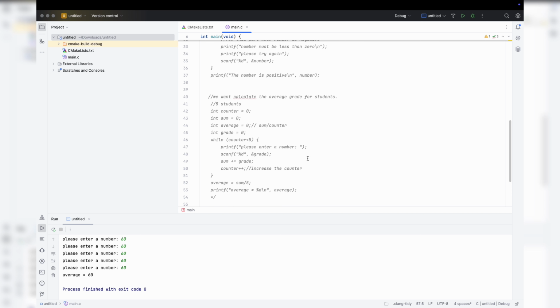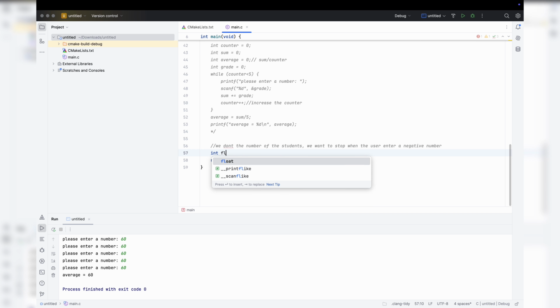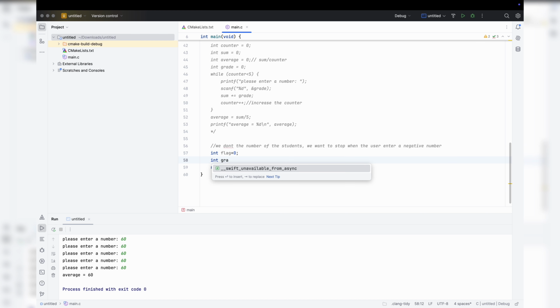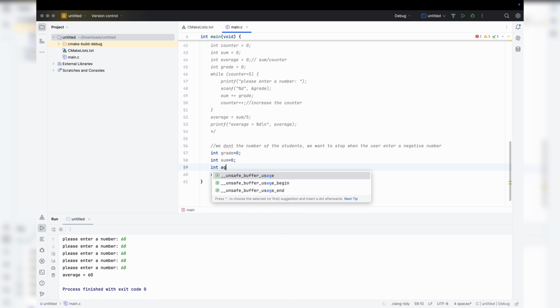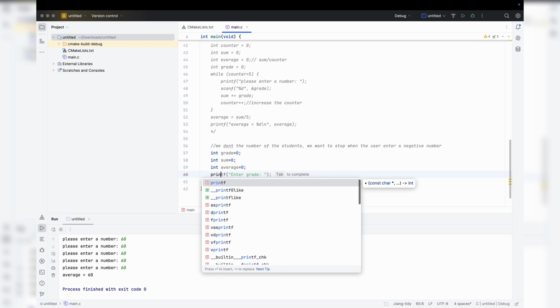So how could we do that? Let's do a flag. We use a flag to indicate the condition, so flag equal to 0. Or we could just do a grade here, and int sum equal to 0, int average equal to 0. So we have the grade, we have the sum, we have the average. Now we ask the user to